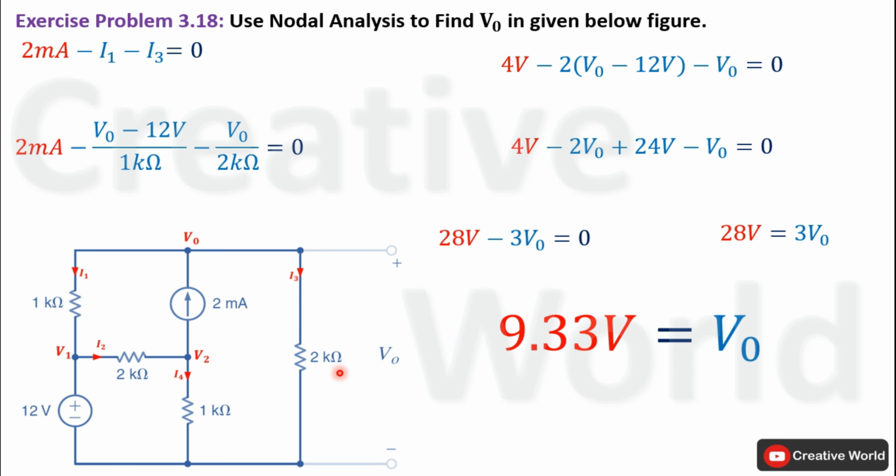So the voltage across this 2 kilo ohm resistance, which is labeled as V0 with this specified polarity, has the value of 9.33 volt. So it was all about Chapter 3 exercise problem number